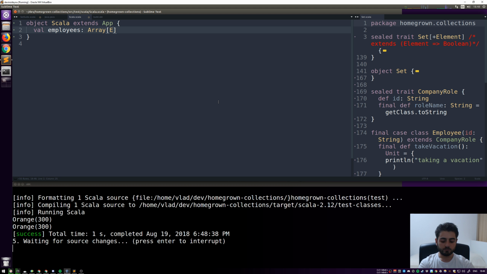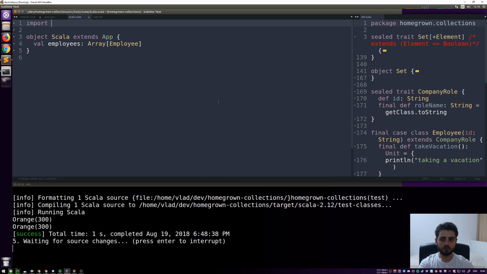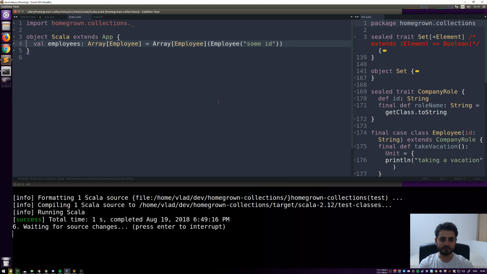Come on, employee, and we probably need to import homegrown collections. Okay, so this is an array, so we're going to go array, and let's be as explicit as possible. We're creating an employee with some ID. It's exactly the same code. Okay, let's see. It has less semicolons. Okay, so let's do roles, array of company role,